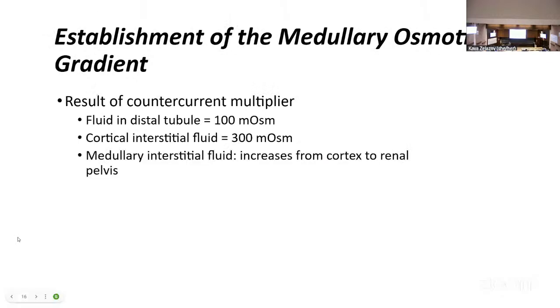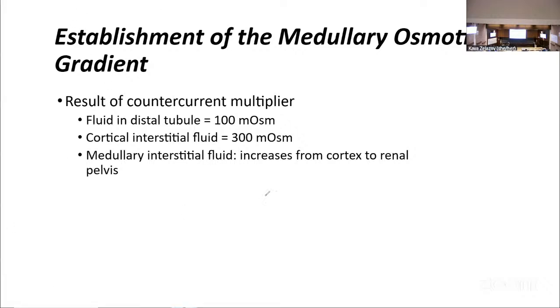We're going to be reacting to that pull on water just because of where we are in this physical space. Okay. So your book goes through a whole setup as to how this medullary osmotic gradient is established. But what I want us to really focus on is what the result is, right? Because you are not currently establishing your medullary osmotic gradient. It has been established in your body for your whole life, right? So this is the reality that you're dealing with on a day-to-day basis and that any patient you encounter will be dealing with. So our results are that as we move through the medulla,